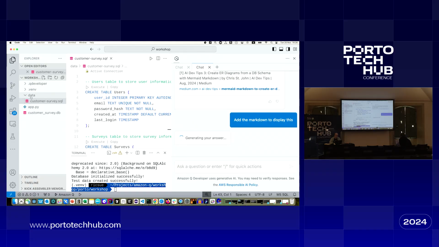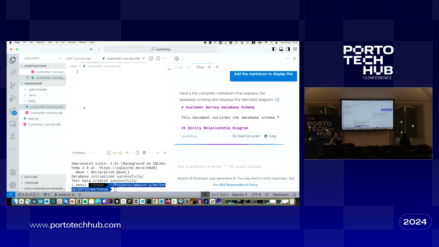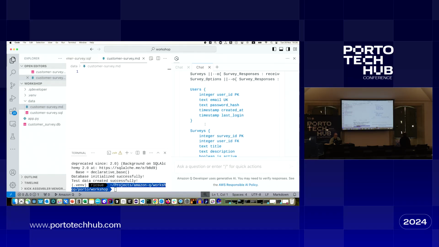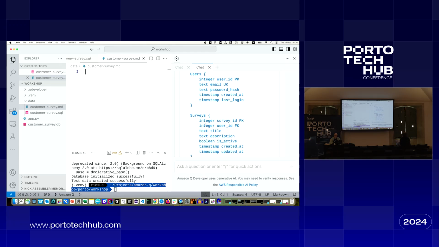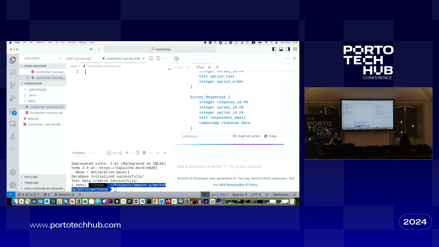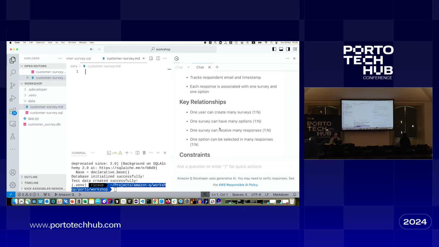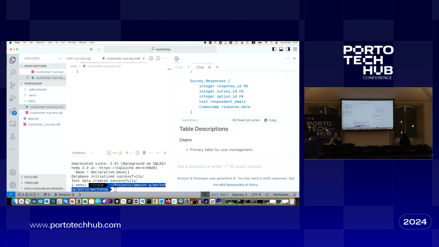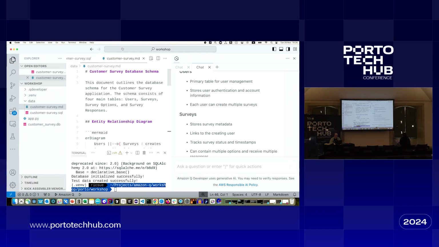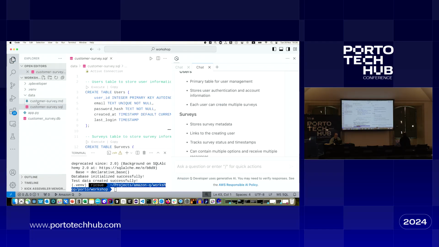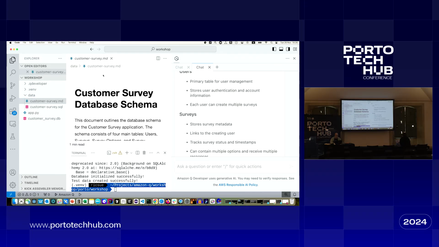I can then basically follow this by saying, add the Markdown to display this. And I'm going to actually create a file called customer survey.markdown. And I'm going to basically copy this all into it once it's finished. Insert cursor. Right. Now, hopefully, if this has worked, I can right-click, open with the Markdown Enhanced Viewer,